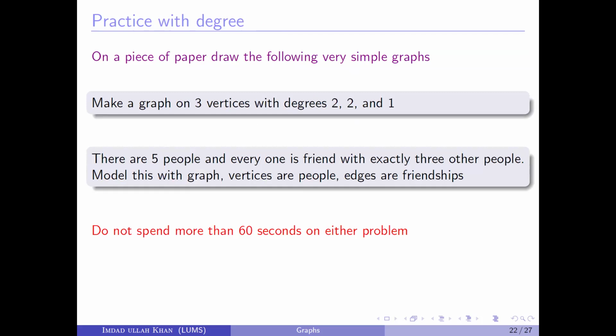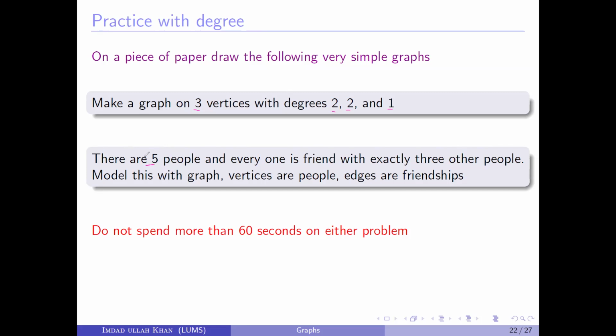Take a piece of paper and draw these 2 graphs. I'm going to explain what kind of graphs we are looking at. In the first exercise, try to draw a graph of 3 vertices such that the first vertex has degree 2, the second one has degree 2, the third one has degree 1. Once you're done with this, then draw another graph of 5 people. Everyone is a friend with exactly 3 other people,